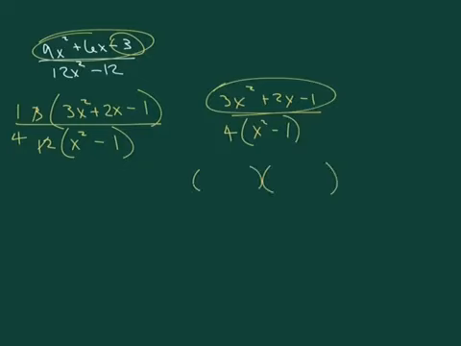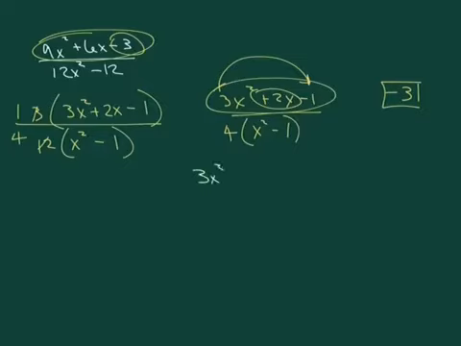Don't know if we can, but 3 times -1 is -3. So we find a number multiplied together that gives us -3, added gives us a 2. Okay, so before I make these parentheses, let's rewrite that trinomial. So we're going to write it as 3x squared. Let's see, -3. The only option we have is -3 and 1, or 3 and -1. And we want a positive 2. So we know our biggest number is going to have that plus on it. So I'm going to have a plus